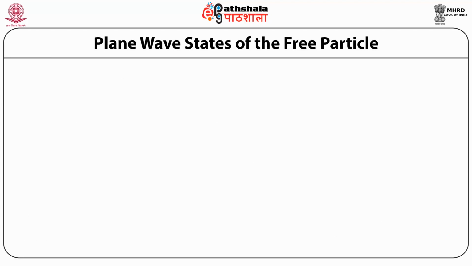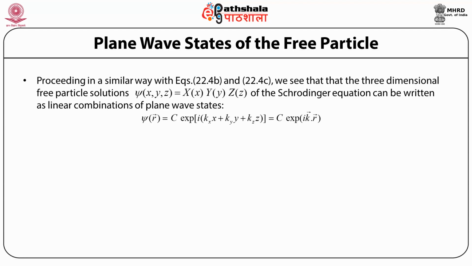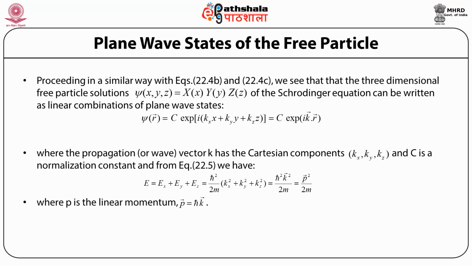Plane wave states of the free particle. Proceeding in a similar way with equations 22.4b and 22.4c, we see that the 3-dimensional free particle solutions psi(x,y,z) equals X(x) Y(y) Z(z) of the Schrodinger equation can be written as linear combinations of plane wave states. Psi(r) equals C exponential i (kx x plus ky y plus kz z), which equals C exponential i k dot r, where the propagation or wave vector k has the Cartesian components kx, ky, kz, and C is